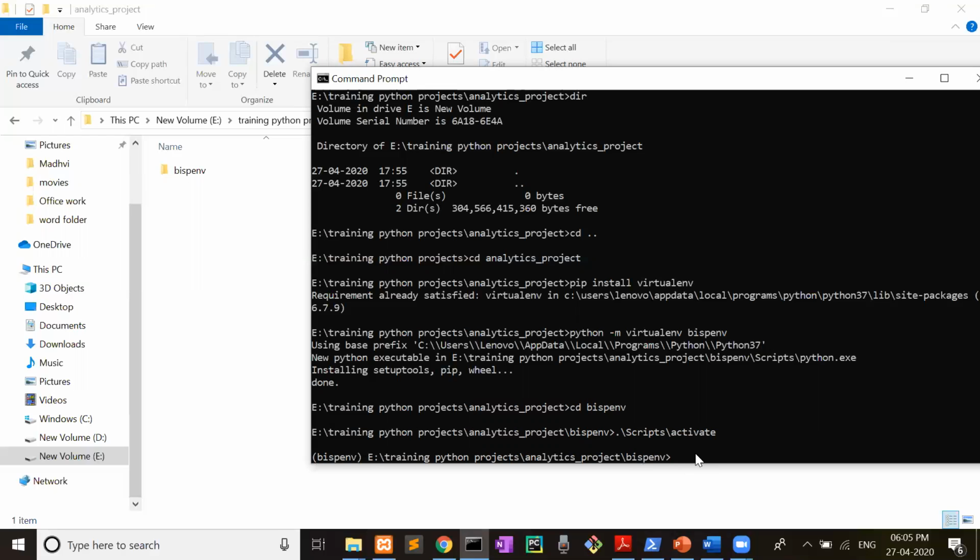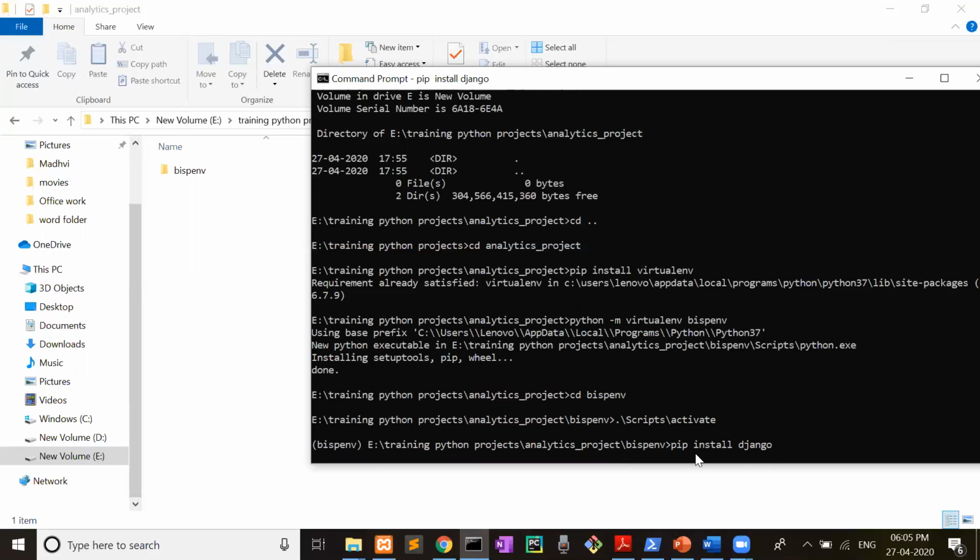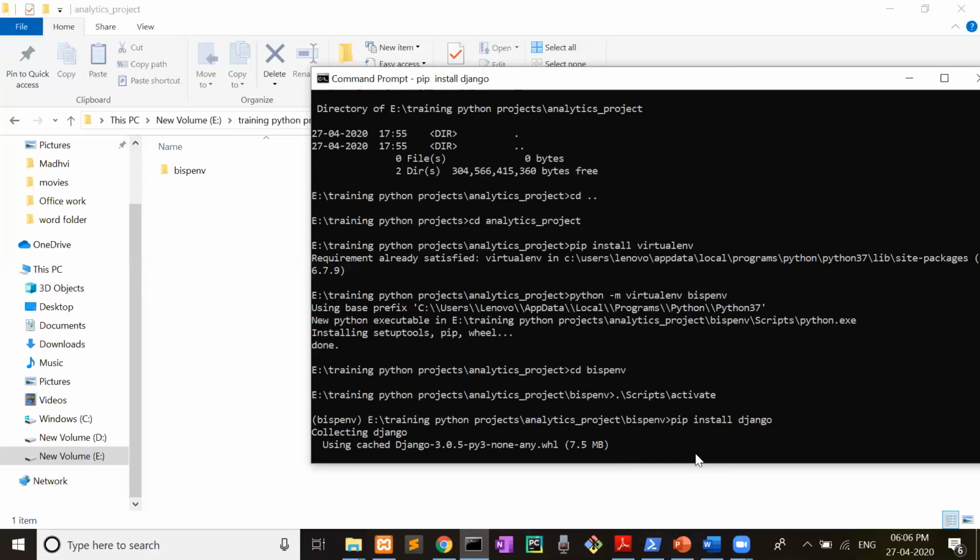Now pip install Django. You need to install Django. Django is a framework that we are going to use. So it can be installed with the help of this command, pip install Django.